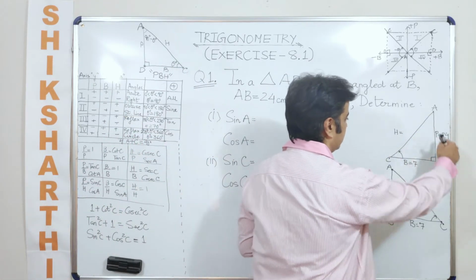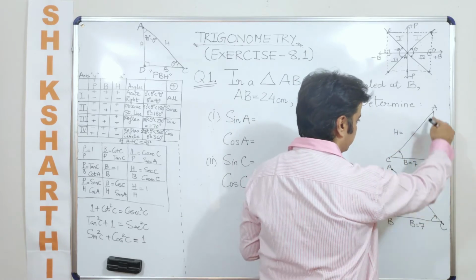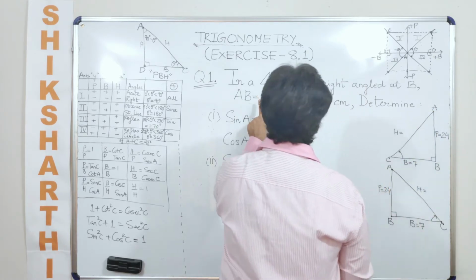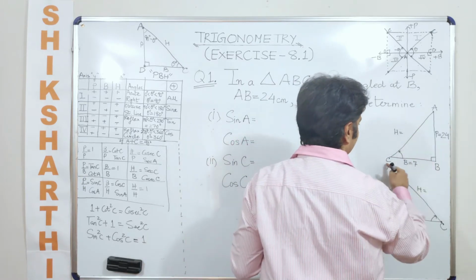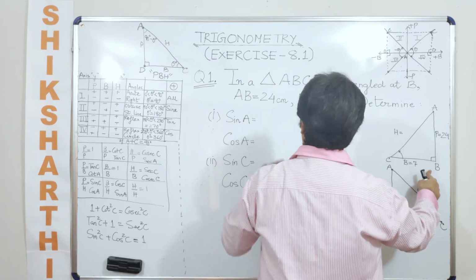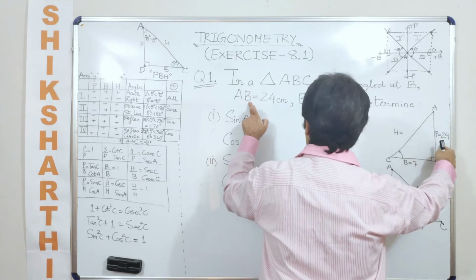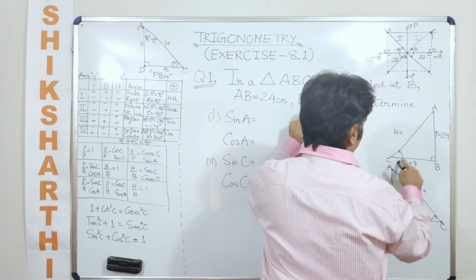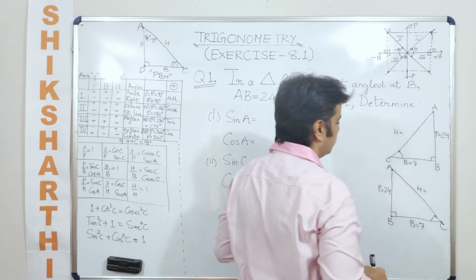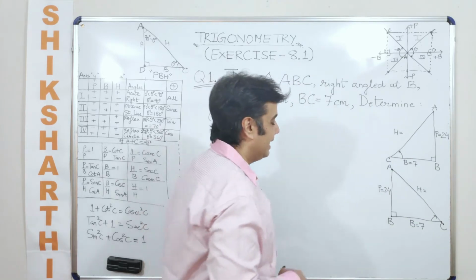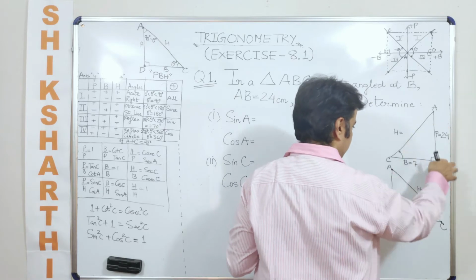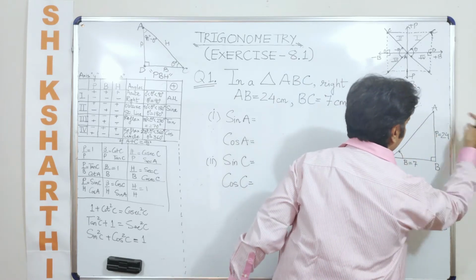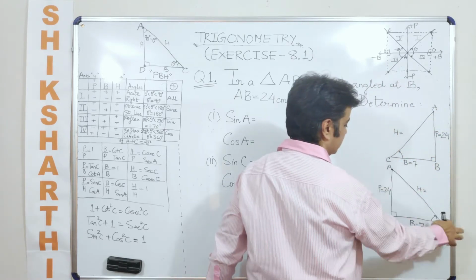The first thing that you are expected to do is draw a triangle in which you are able to substitute this piece of information. So I have drawn a triangle ABC such that the right angle is at B. In that case, AB is 24 centimeter, BC is 7, and the length of the hypotenuse needs to be found out. At the same time, I have drawn another triangle with a different orientation, though it is ABC only, as if I would have drawn it here like this.